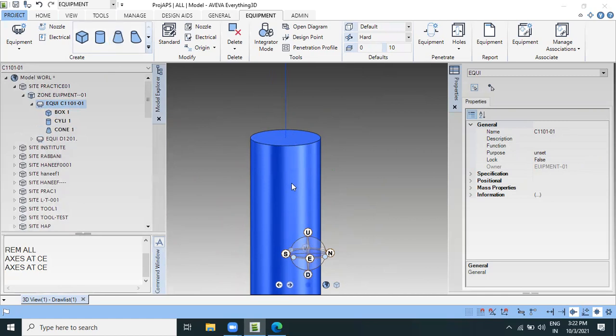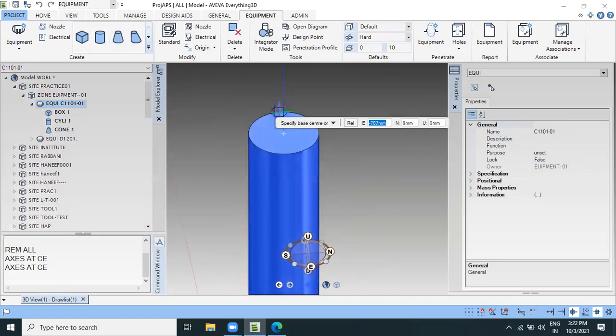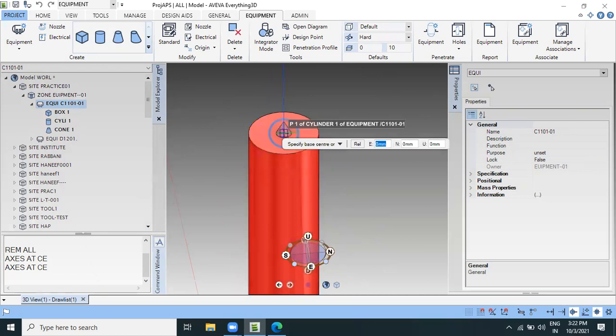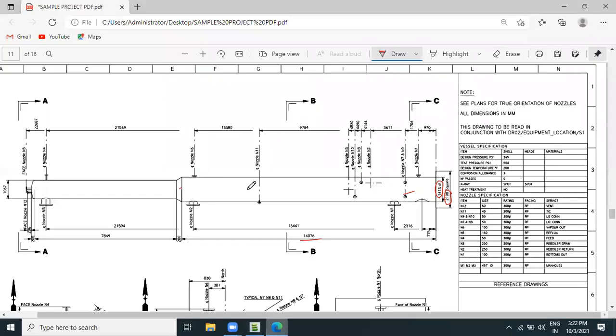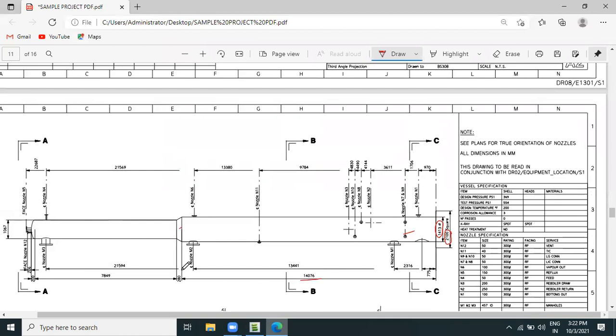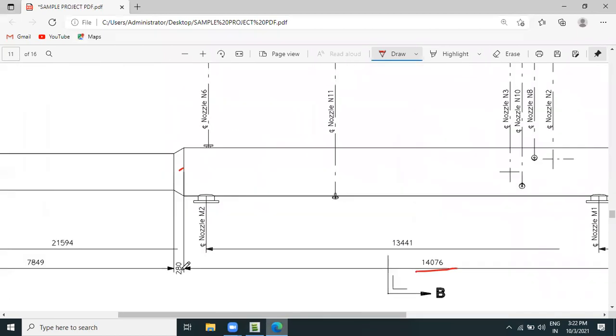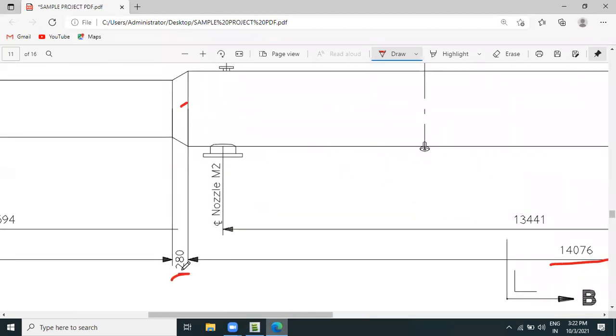For creating the cone, the bottom diameter is the same, 1413. Then we'll check the height. What is the height? Height 280 is there. The height is okay, 280. Then go to model.